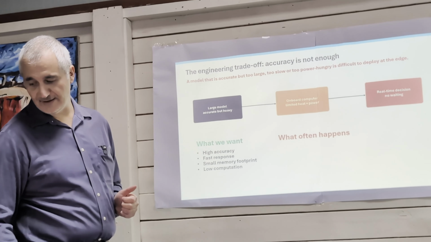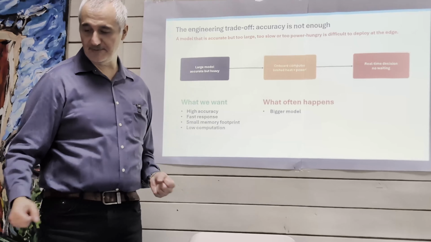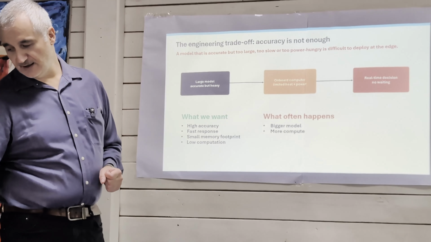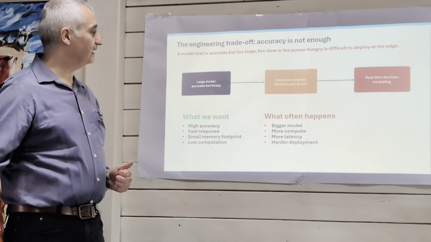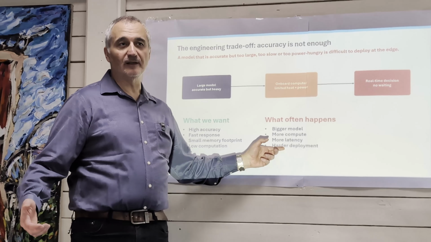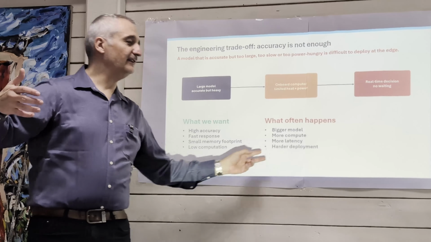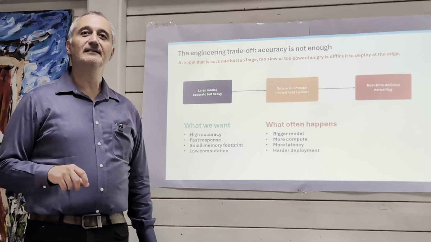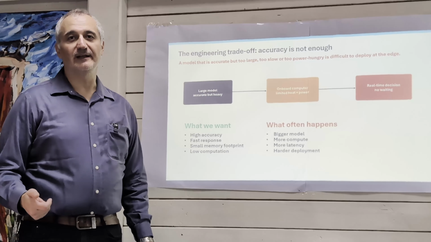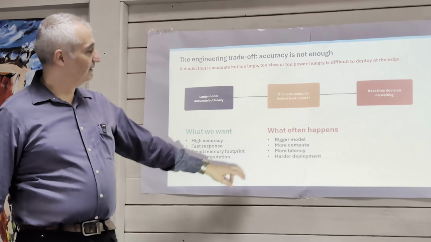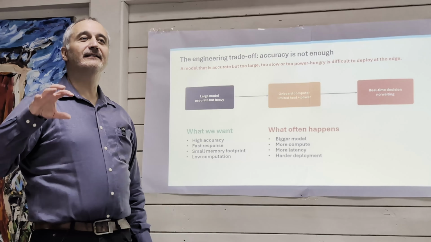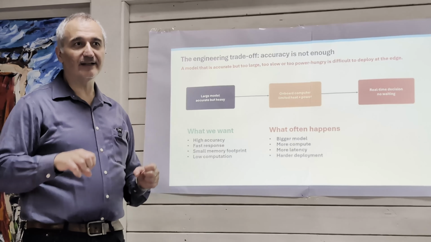Now, what normally happens is that models get bigger because you train it on a different data set and it gets bloated. You want more features, more accuracy, the model gets bigger. More compute, obviously, and more latency. That makes it harder to deploy as well, because your next neural net, if it doesn't fit on the existing hardware, you're not going to be able to deploy it. So when we get those over-the-air updates, they work hard at making it fit into the existing system.